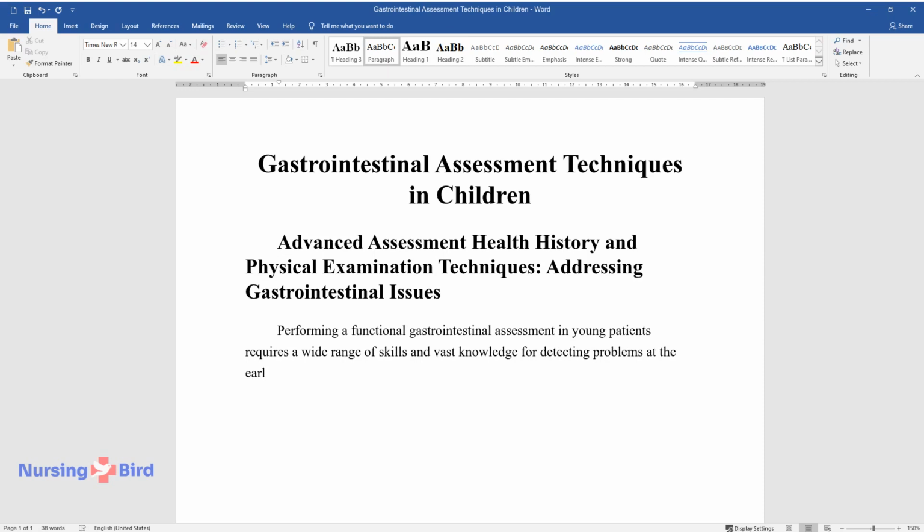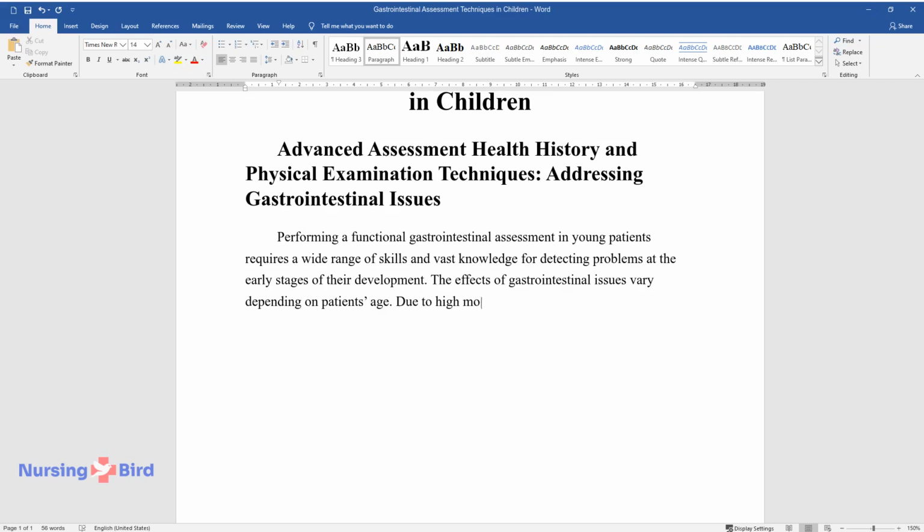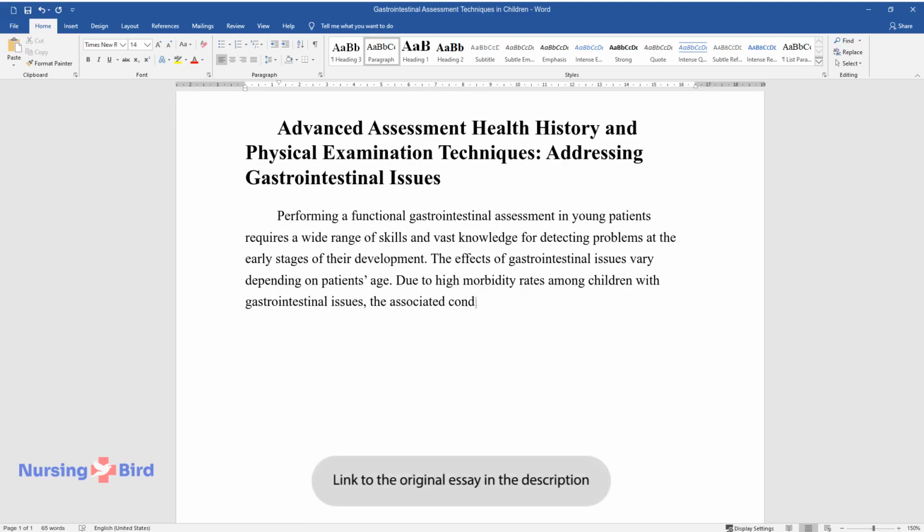at the early stages of their development. The effects of gastrointestinal issues vary depending on the patient's age. Due to high morbidity rates among children with gastrointestinal issues, the associated conditions require proper care and diligent evaluation of